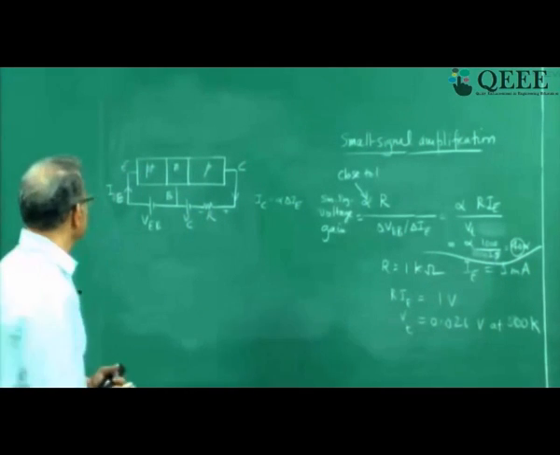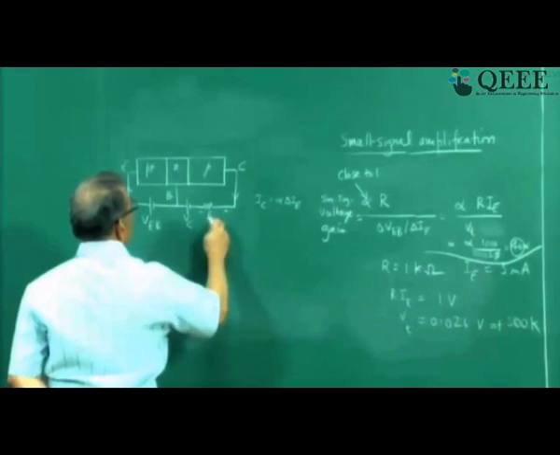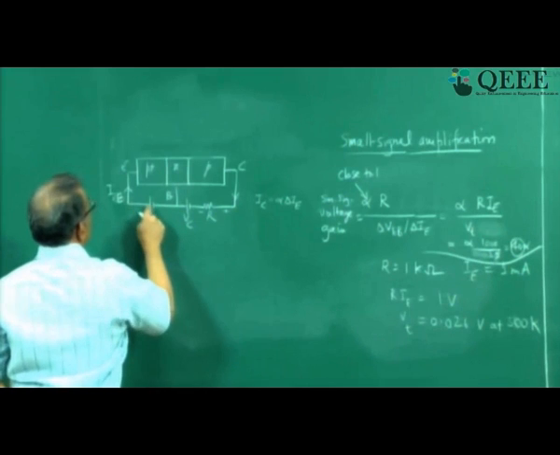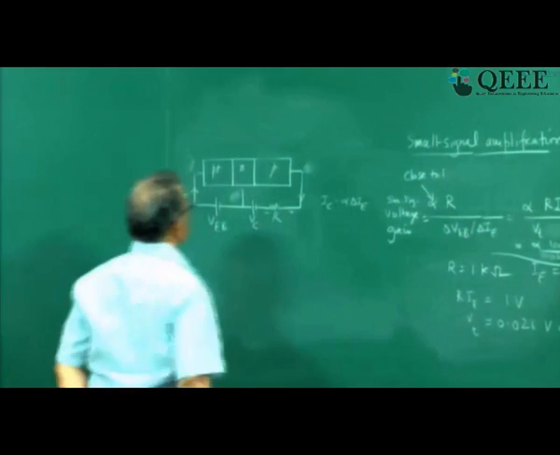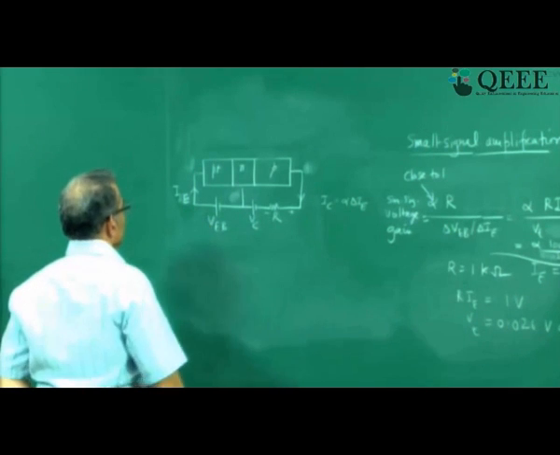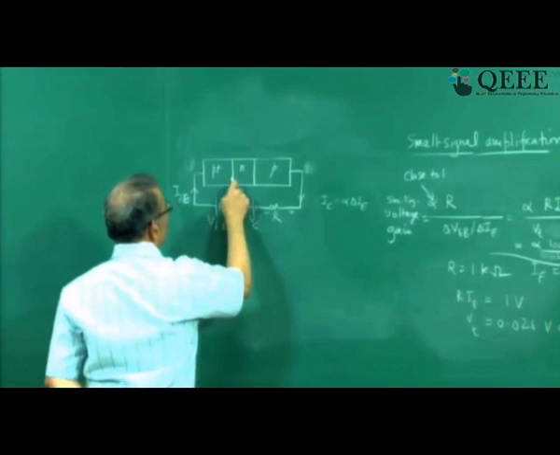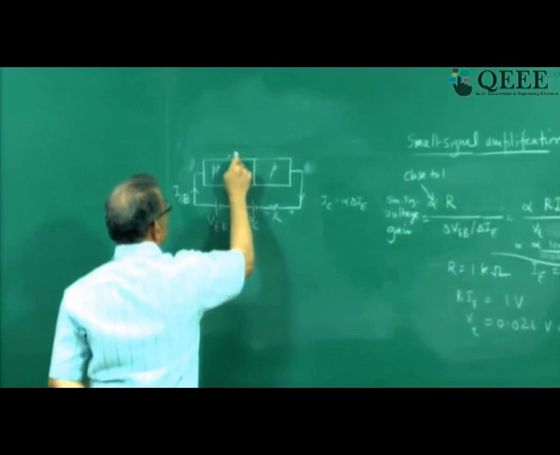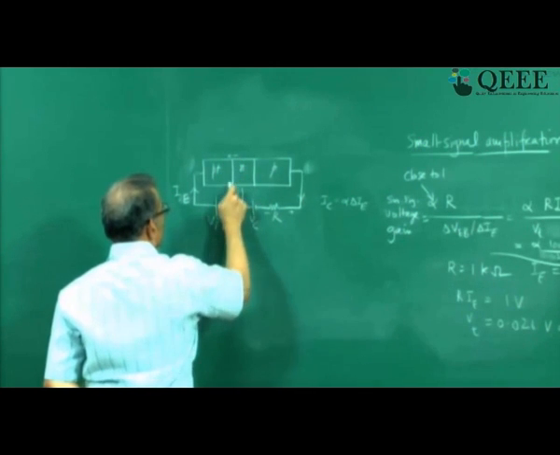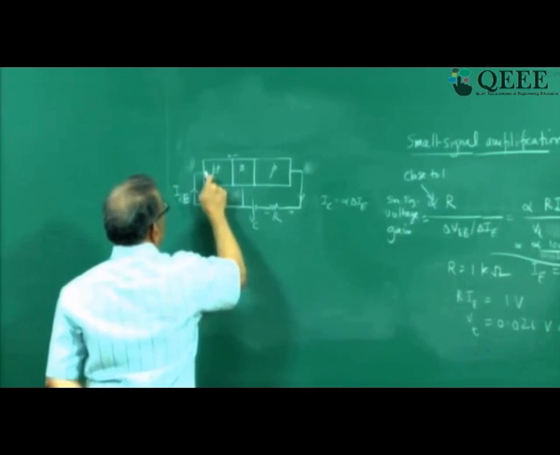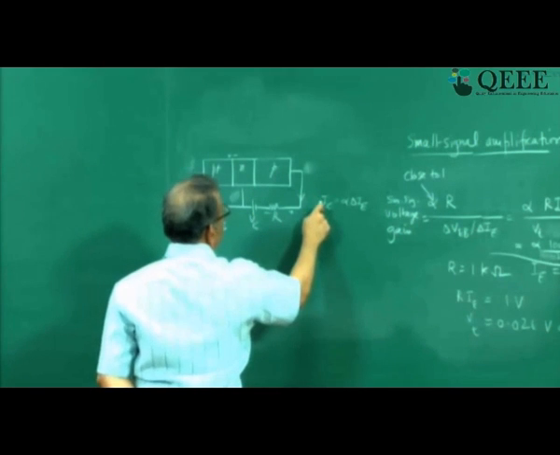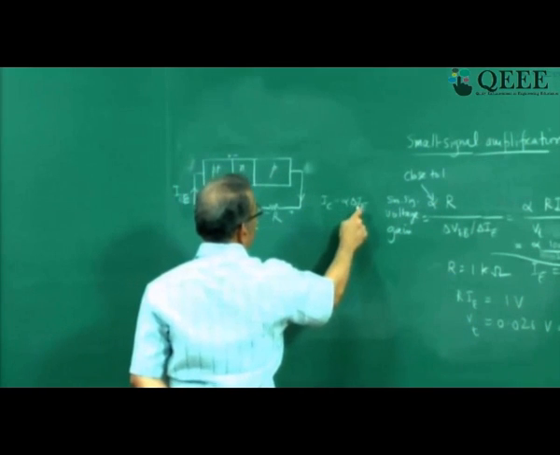So this is your transistor. Let me remove this nomenclature so that it is clear. So I apply a VEB to this forward bias junction. So VEB forward biases this junction, as a result of which a current IE flows. Almost the entire current IE is transferred to IC. IC is alpha times IE.